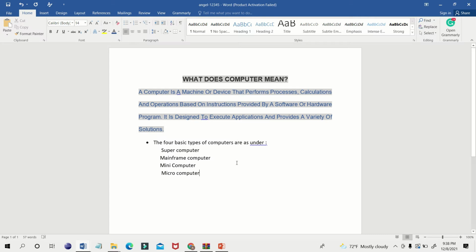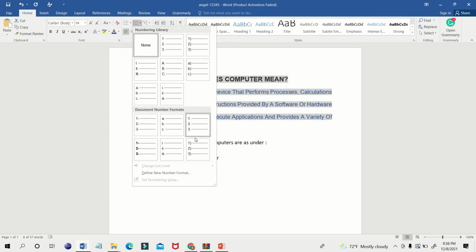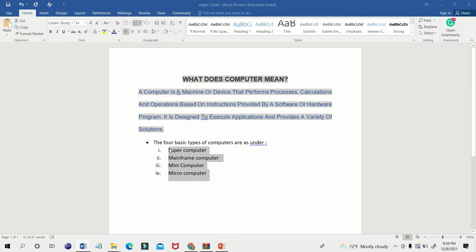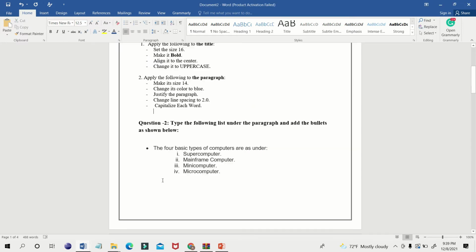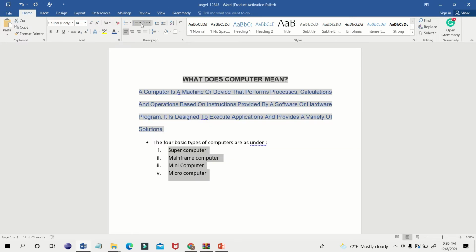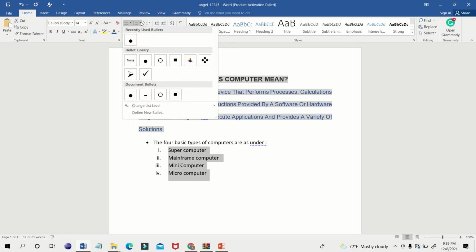Okay, so once you finish writing, you can just select it and go to the bullets, and this one you can choose it because they have asked us to choose this bullets numbering. Okay, yeah, so here we have bullets and numbering. This is for the bullets and this is for the numbering.